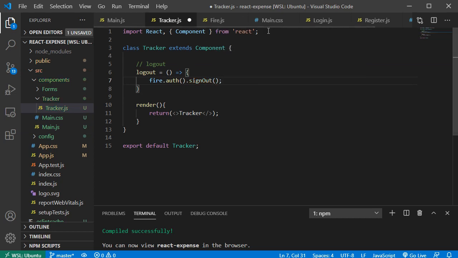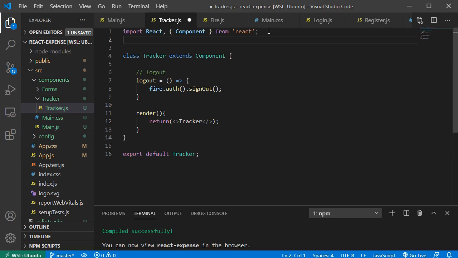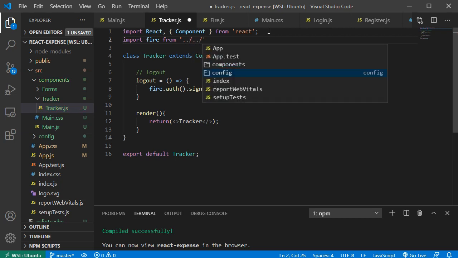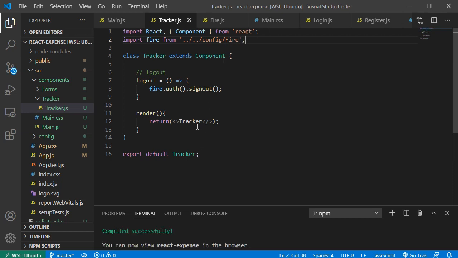But don't forget to import Firebase here. So we have to import fire from, two steps back, config/fire, like this. Right, so we save it,